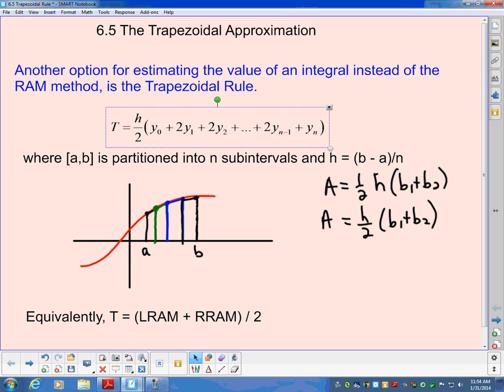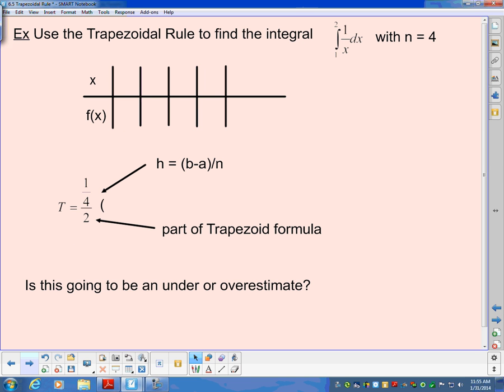And then I'm going to use the AP free response that we did for homework for the other example. It says use the trapezoidal rule to find the integral from 1 to 2 of 1 over x. So my picture would look like this. Here's 1, here's 2. At 1, the function is up at 1. At 2, it's at 1/2. So there's my function. And if I'm going to use the trapezoidal rule with n equal to 4,